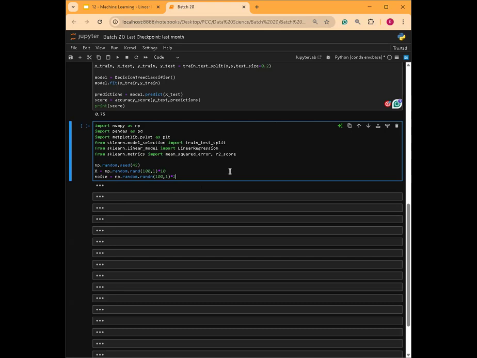What can we do next? So we can see after creating some